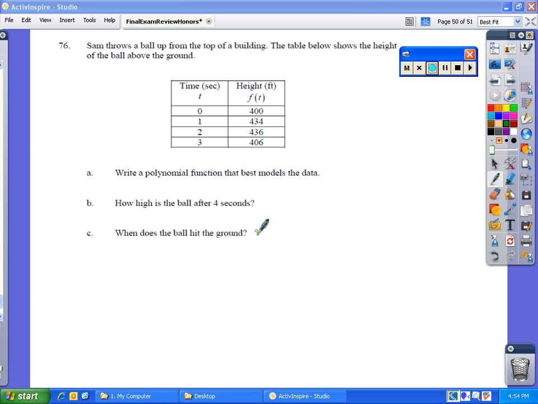Question number 76. We have a word problem. Notice we're allowed to use our calculator for this problem. First thing that we're going to have to do is put our data into the